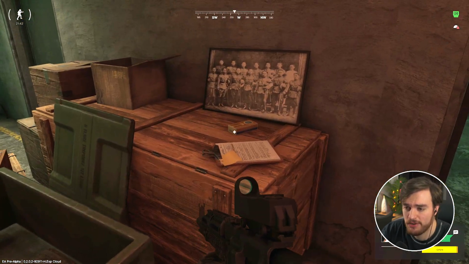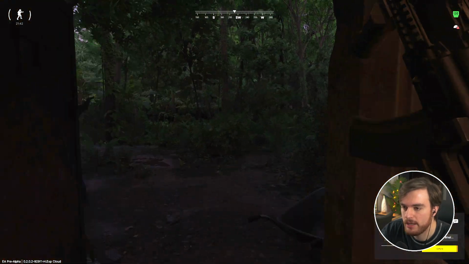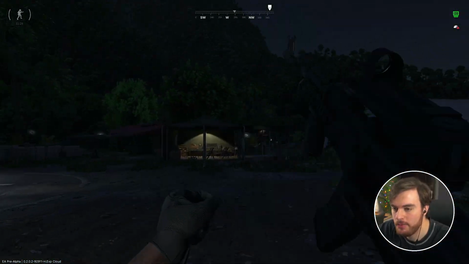we're done here. There's not much else. A little bit of loose loot. That's it. So we'll get back and hand in our quest. All right, so now that we're back at base, we can hand in the